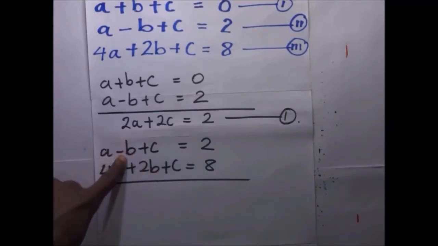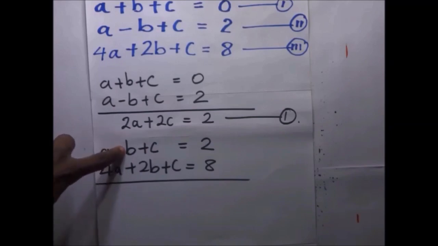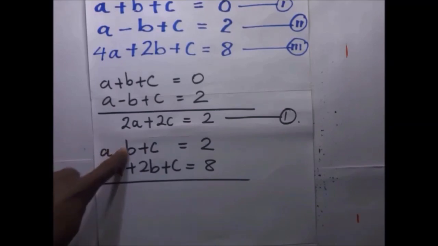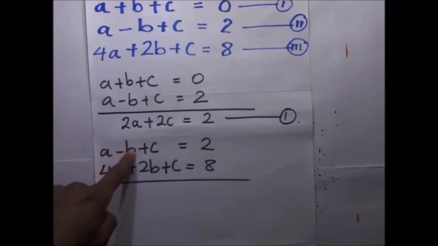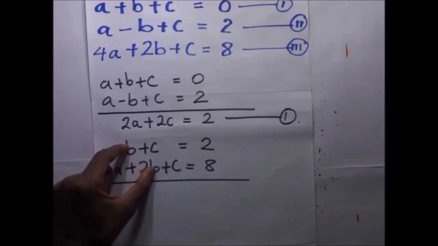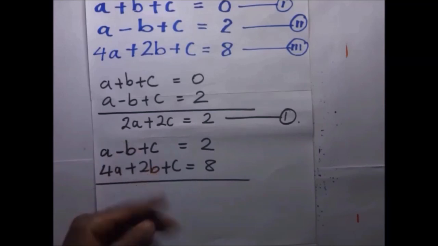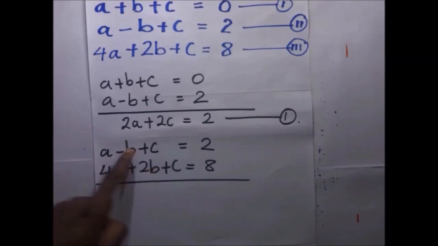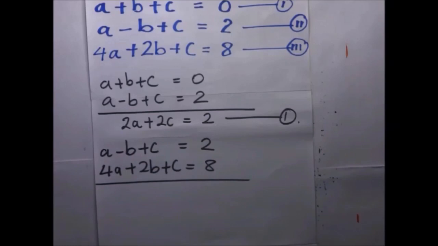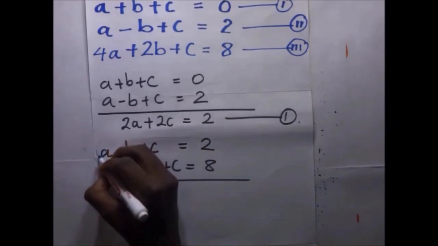b is negative 1. If the coefficient of b here was negative 2, it would simply be negative 2b plus 2b. Negative 2b plus 2b would make this 0. The value of b will disappear. So what do we do? We make sure that we multiply the equation above by 2. So we multiply this equation